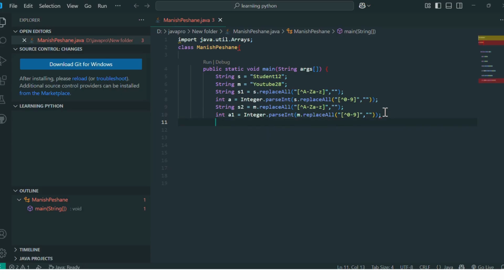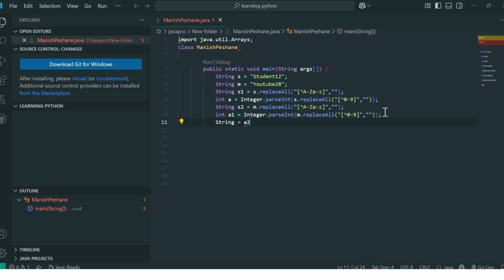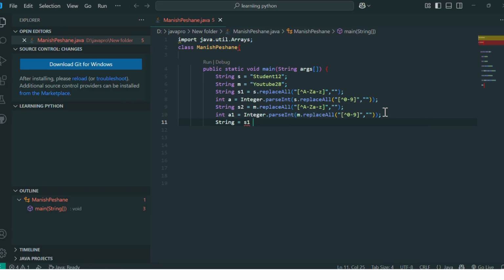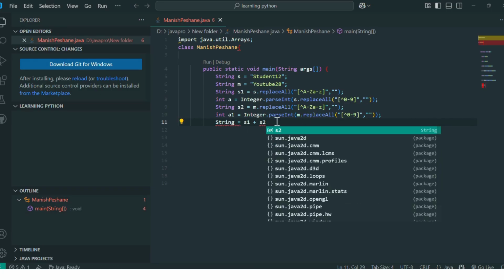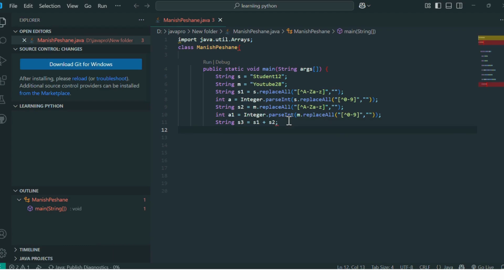Now it's time to concatenate. Here we write one string s3 equals s1 plus s2. Whatever variable you have, you can take that name. Then int a2 equals a1 plus a2.